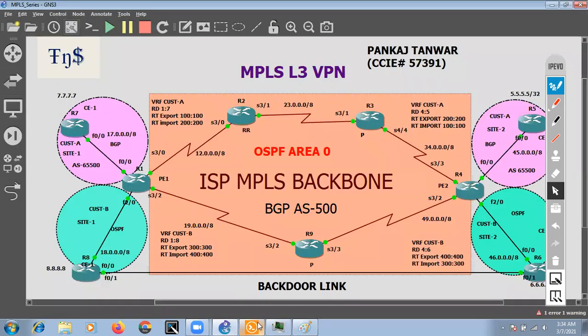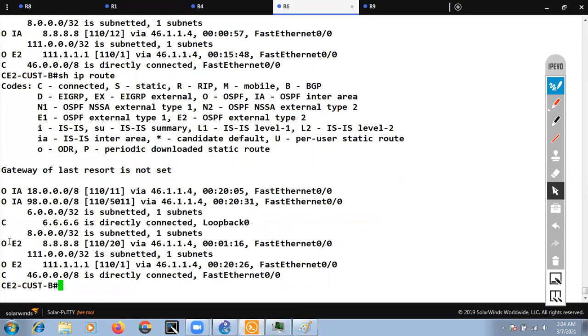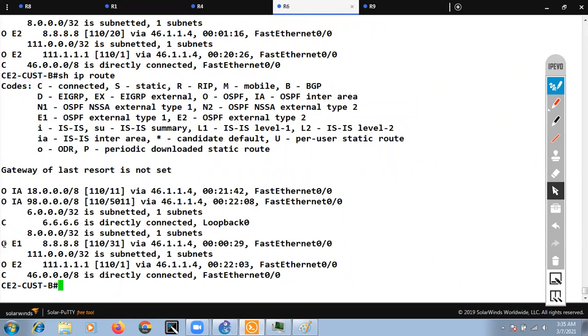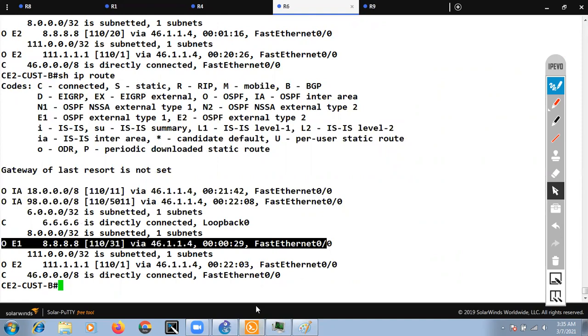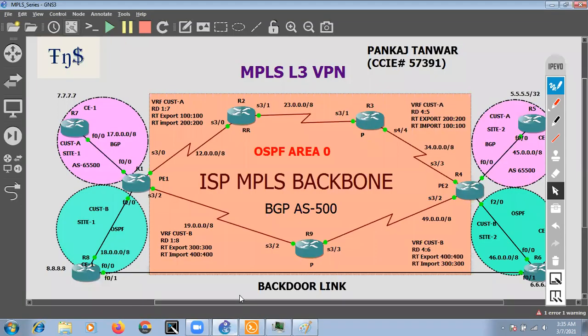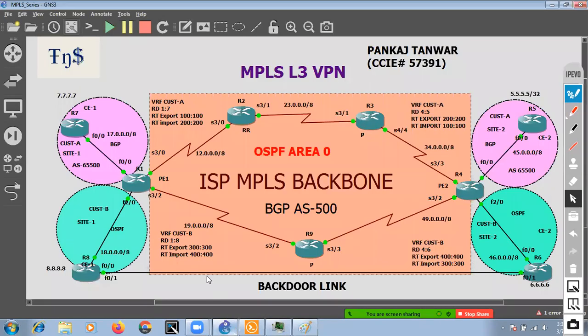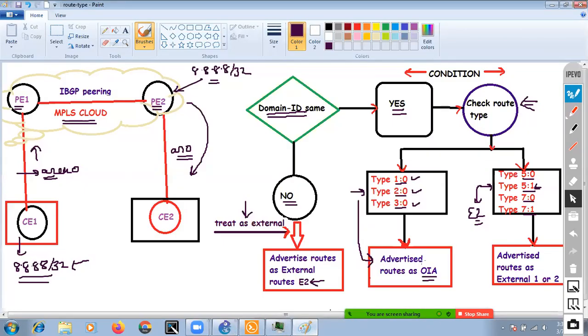So now if you check at R6, earlier it was receiving 8.8.8.8 as an OE2, but now we have changed the metric. Now let's see. Now you can see the change here. Now it is receiving this particular prefix as an OE1 because we have changed the metric type. Okay. So this is how these values work, the route type and all. Let's also try to do something so that we can also demonstrate this NSSA,